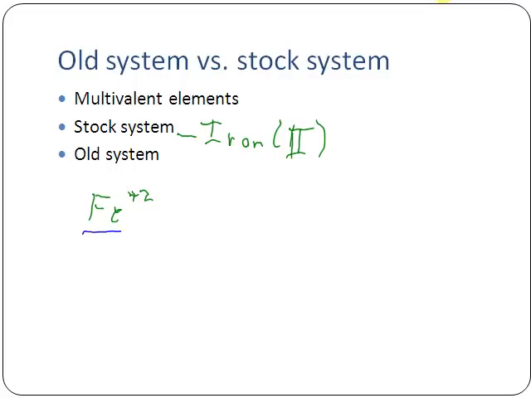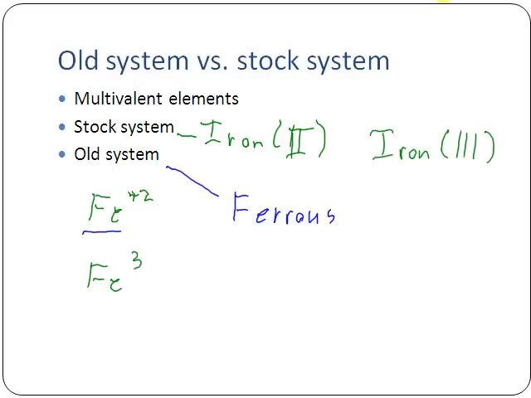Fe, that's the symbol for iron. Fe doesn't look anything like iron, doesn't have any F's or E's in it. The reason why is because it uses the Latin term, and the Latin word is ferrum, or fer is the root here. And so basically, if we had iron 2 like this, it would be ferrous. On the other hand, if we had iron 3 instead of iron 2, then iron 3 would just be, for the stock system,